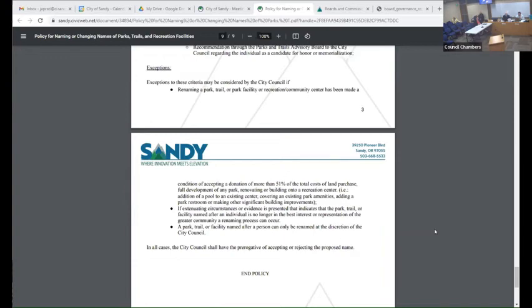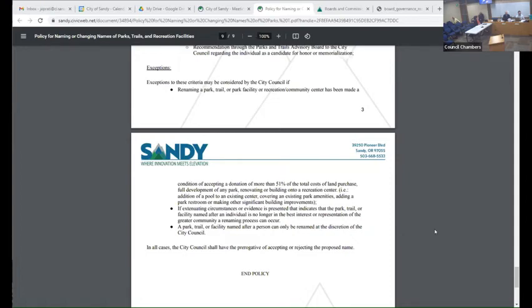So I was kind of joking with somebody in my household that, if somebody donated a restroom, the park or the restroom could be named after them or something. Absolutely, yeah. Okay. So if it's 51% of the value of that, so for example, 140,000 for a restroom at the community campus, if that person wanted to pay for over 51% of it, then they could have a restroom named after them. Okay. If they wanted to.